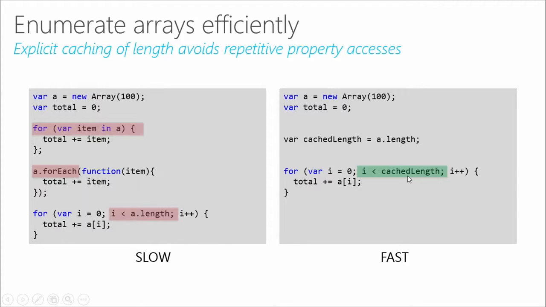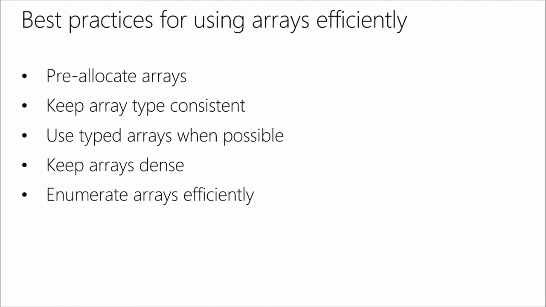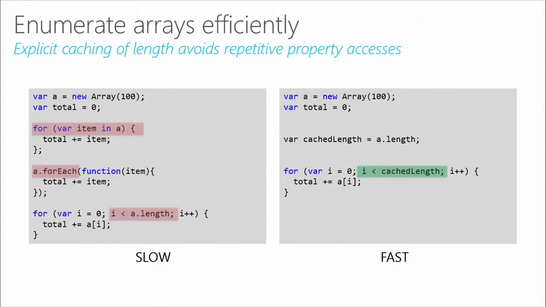So I can talk to this a little bit more too. On the left-hand side, the first one is a for in loop over the array. Now this would only really show you an advantage if your array was sparse, which we had advised against earlier. It's better to keep your array dense. Also, certain engines will treat that as a slow operation, because usually that means prototype walking, which is a slower